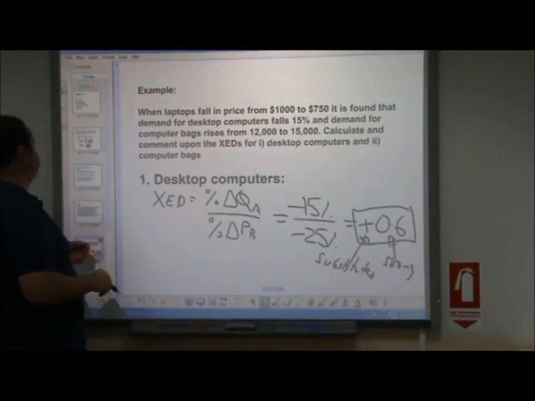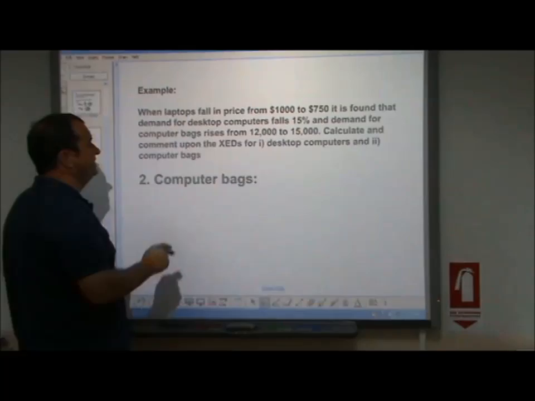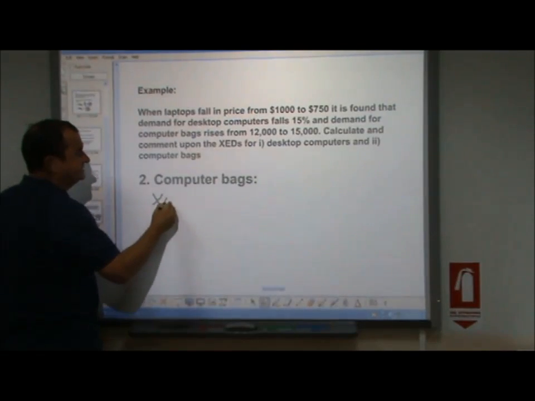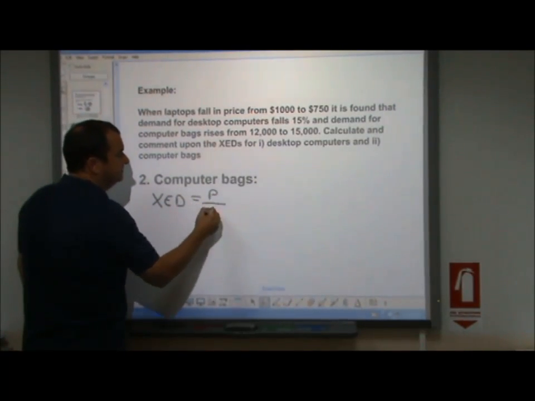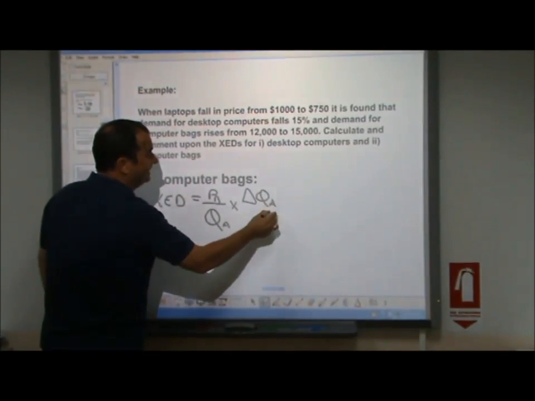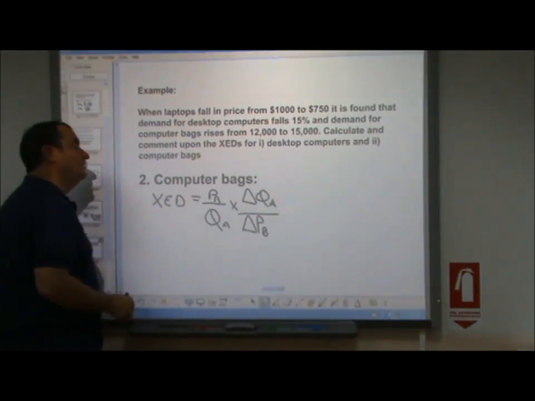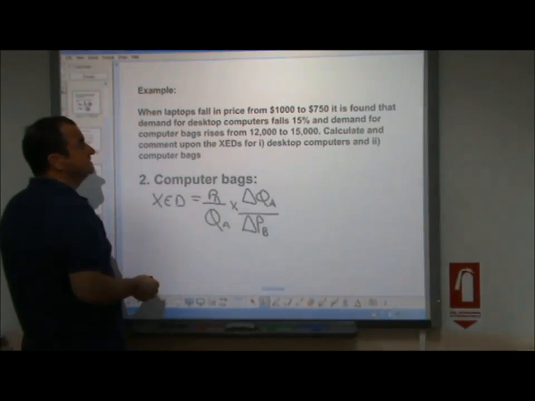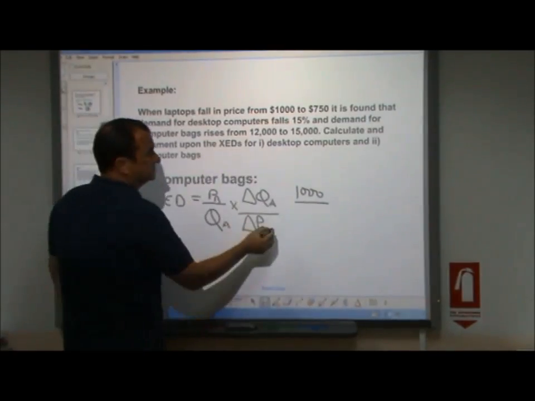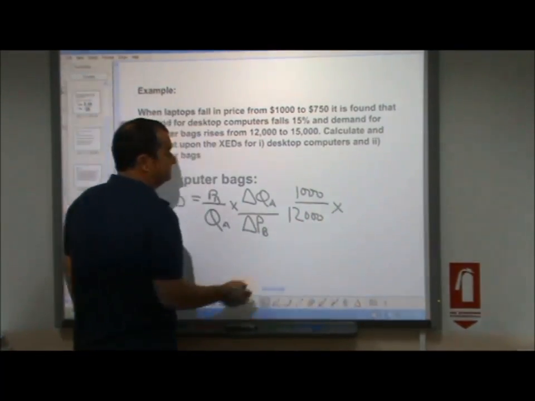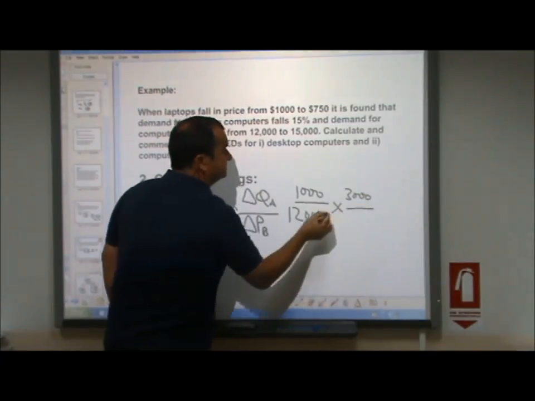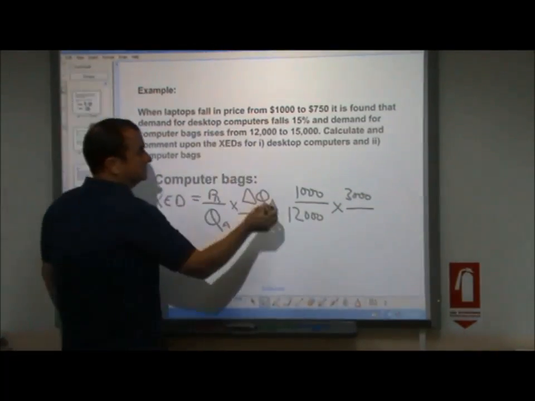Now, what about the bags? Okay, same question, but now we're going to look at bags. Now I'm going to use the other equation, because I've got some actual numbers here. So I can say XED equals P over Q, the price of B over the quantity of A, times the change in quantity of A over change in the price of B. Okay, so let me put the numbers in now. The price originally was 1,000 over the quantity of computer bags being bought, which was 12,000, times the change in the quantity. That was a plus 3,000, so no negatives there, and the change in the price was a drop of